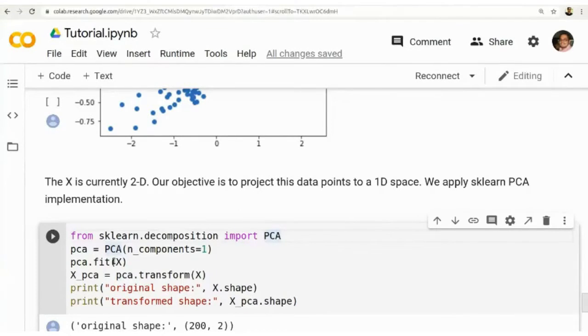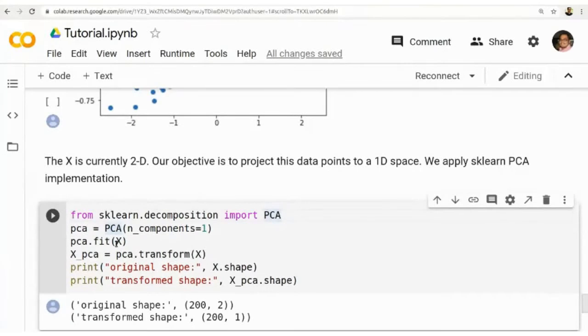We are taking the data X. This is unsupervised learning, no need of labels. So we are taking the data points, that is, the feature vectors, and we will apply PCA on the data set. We are learning the principal components from the data. Then we will transform to the principal components. We will get X_pca as the principal component.